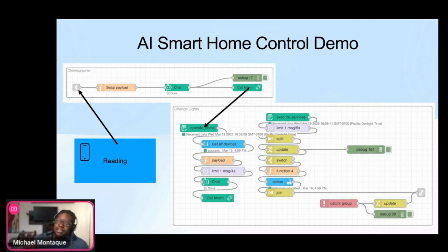But by utilizing it this way, by having these separations of concerns, when the choreographer runs and it's simply looking to see what it can do, it only has the short amount of information that I mentioned, the command, as well as maybe some contextual information like who's calling it and where that person is. Once it determines that, hey, I need to change the lights, when it calls its operate home, there's another chat in here. And this section, because it's encapsulated, its whole purpose is to just do that job. So instead of giving it everything, it's only going to pass lights. I can scope it down and say that I only want lights to be sent because that's your only job.